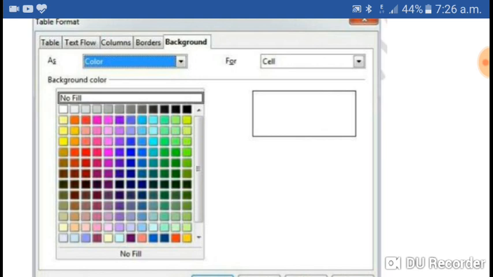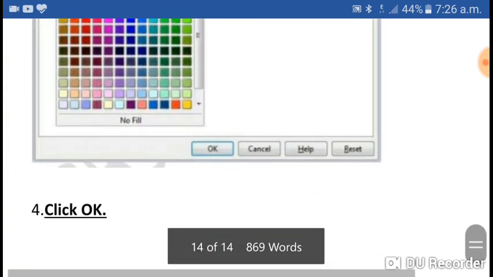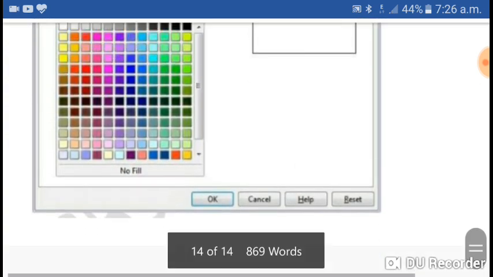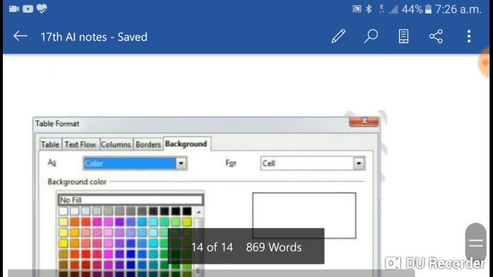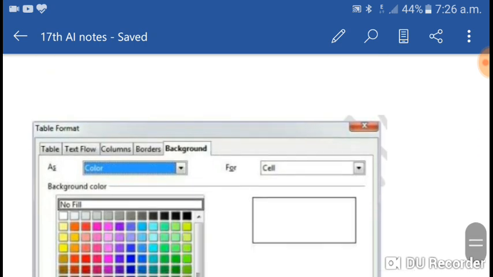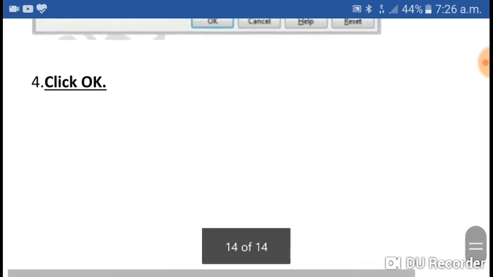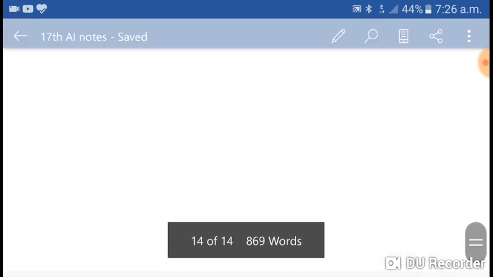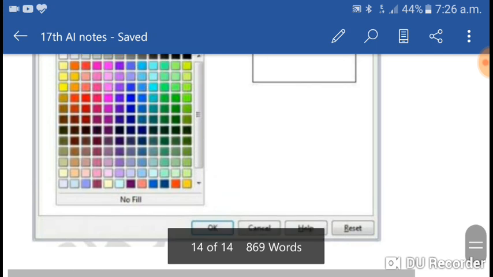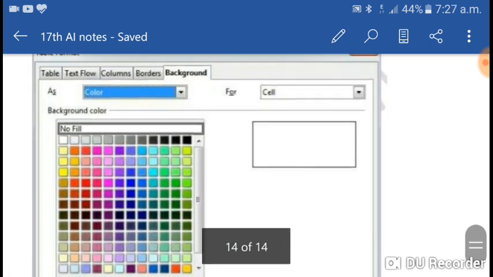You want to set an image, we can set an image also. Select any required color and then click on the OK button. Your selected color and selected border will be applied to the table, to the selected rows, to the selected columns, or to the selected cells.